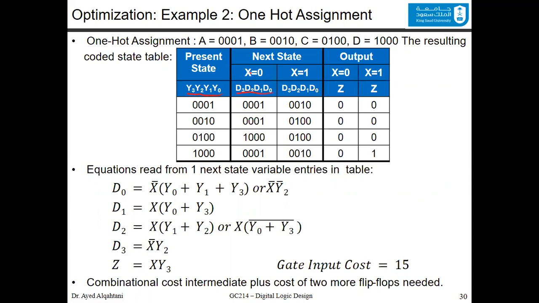Now we write it down this way: when the input X is equal to 0, and when the input X is equal to 1, similarly for the output. To find the equation, we could read it from the table directly. For example, the output is the easier one. We have 1 in the output when the input is... we check the output against the present state and against the input. So what happens? The output is 1 only when X is equal to 1,